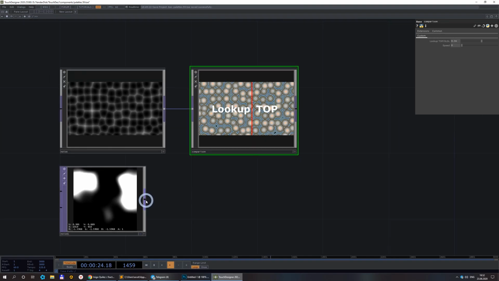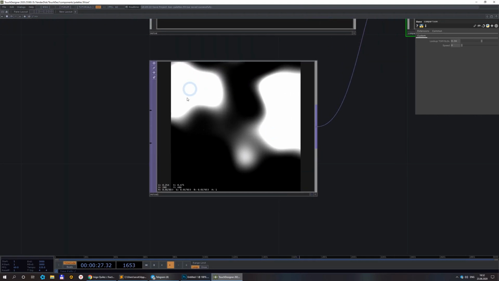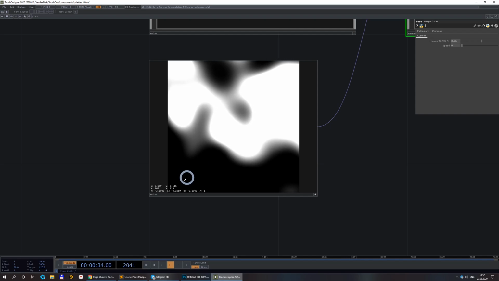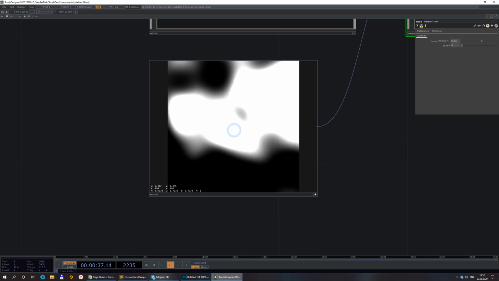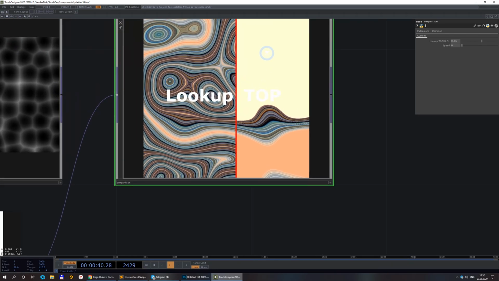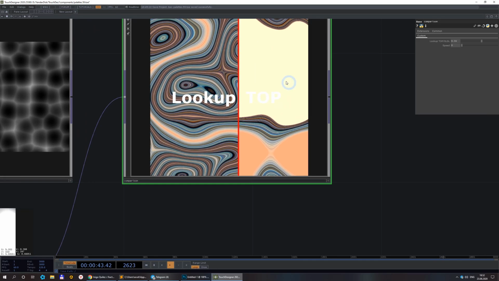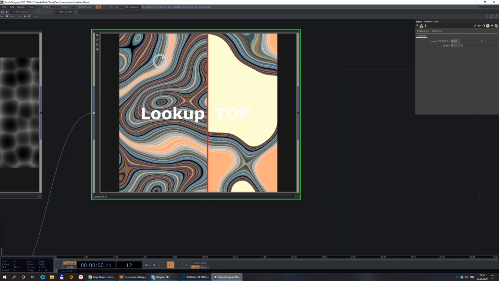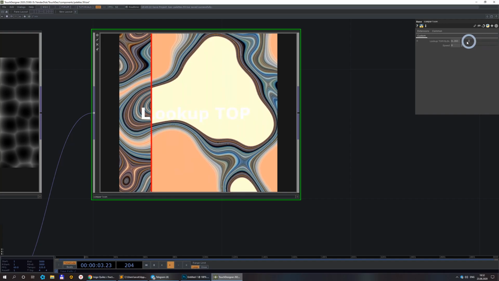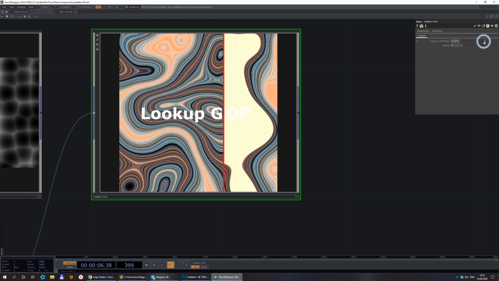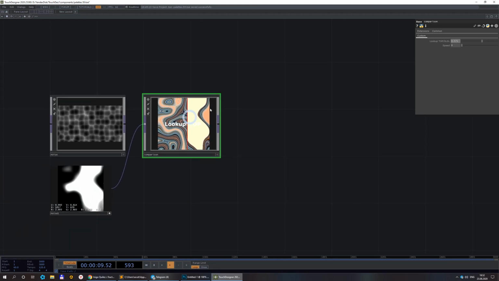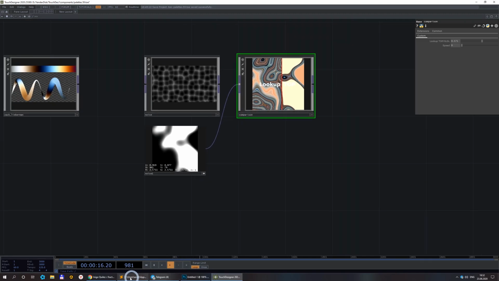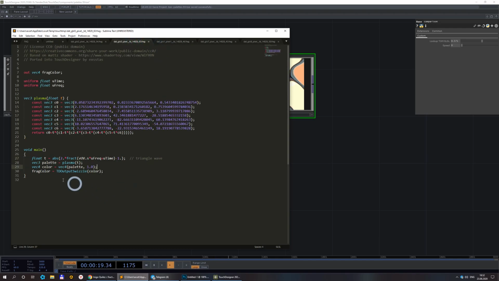And also the nice bonus is that if you have a noise and your noise goes from some values below 0 to some values above 1, Lookup doesn't work well, because everything above 1 it would colorize in one color, everything below 0 it would colorize in another, while this GLSL example does the transition very smoothly, because it doesn't care about the input values. It doesn't need to be between 0 and 1, it could be anything,